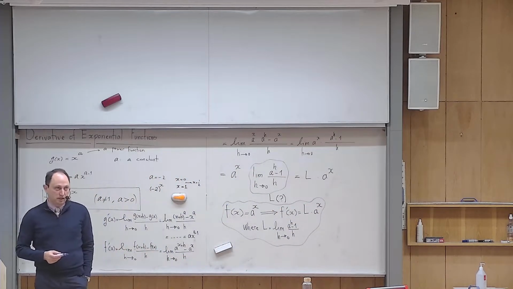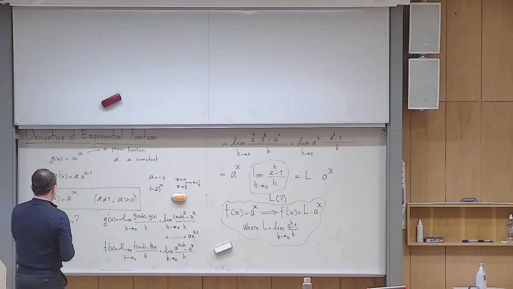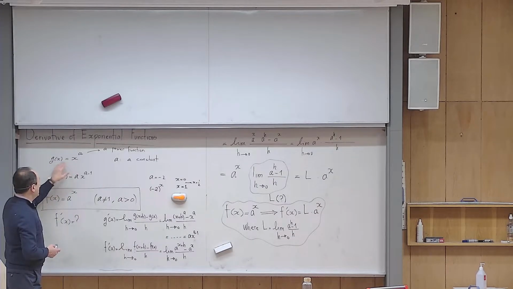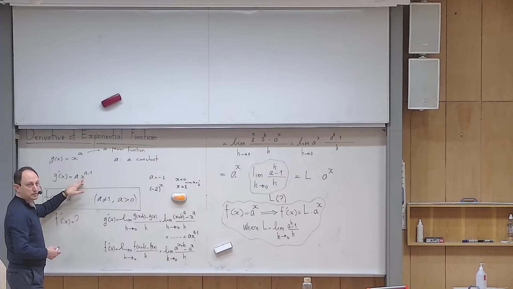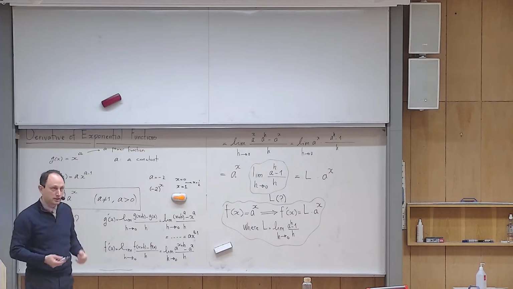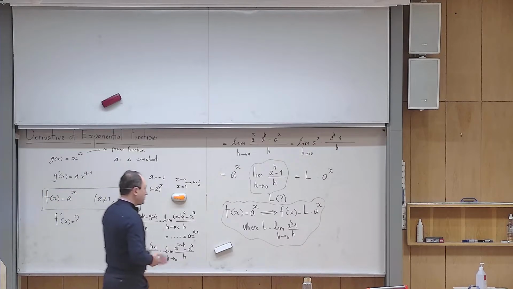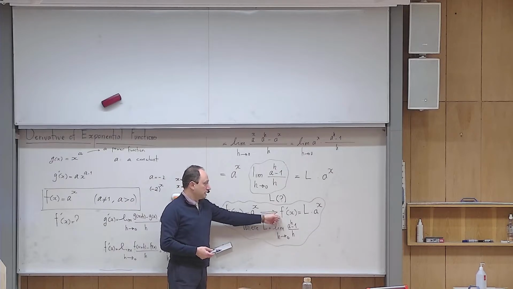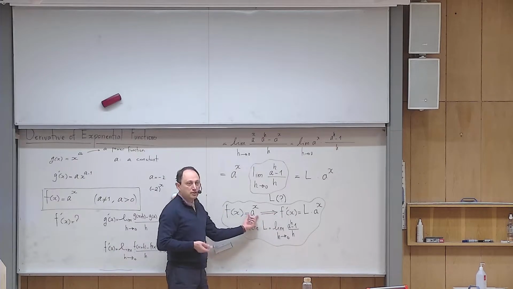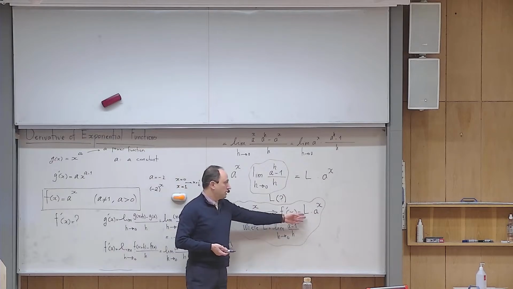And this is interesting, by the way, because in the previous case, when I have a function and I differentiate it, of course it becomes a constant, but not a constant multiplied by the function itself. The function was x to power a. After differentiation, I have a constant, but I do not have the same function back. I have x to power 1 unit less. But that is very interesting for this function. If I start with this type of functions, when I differentiate, I get the same function, technically, up to a